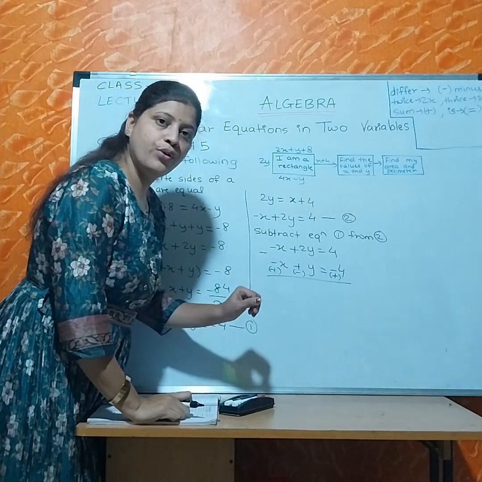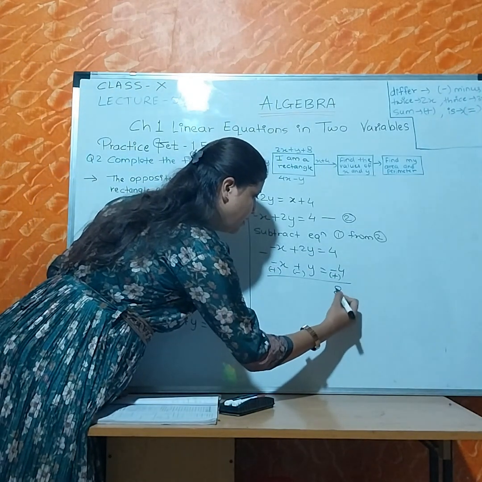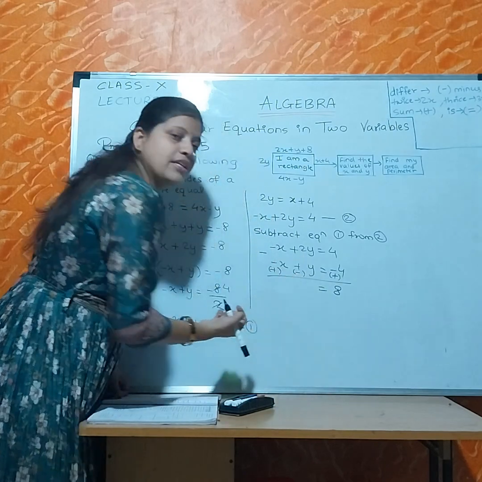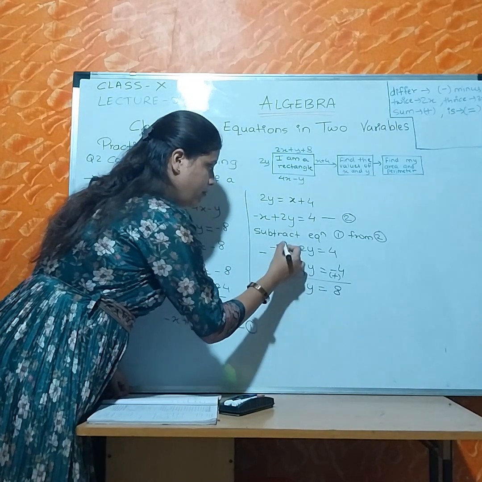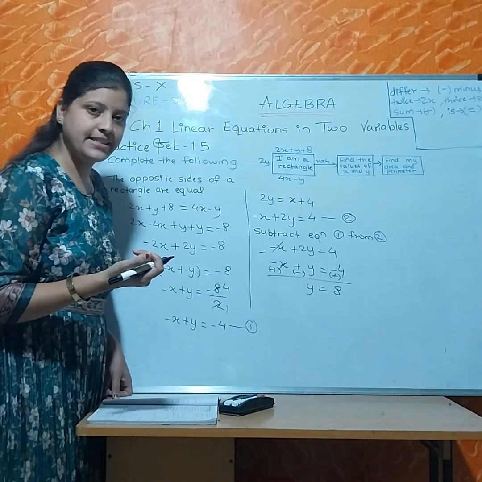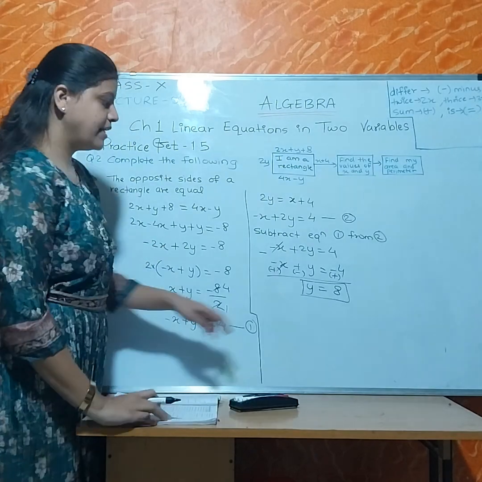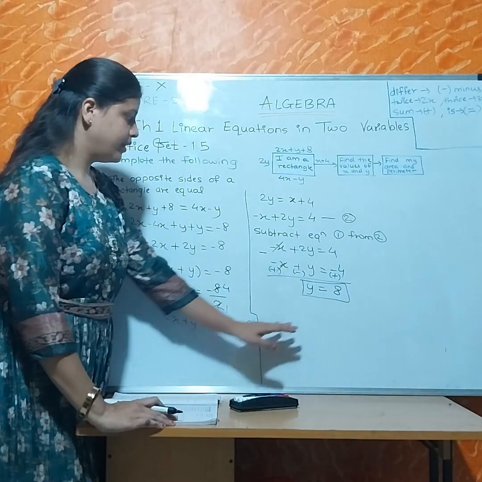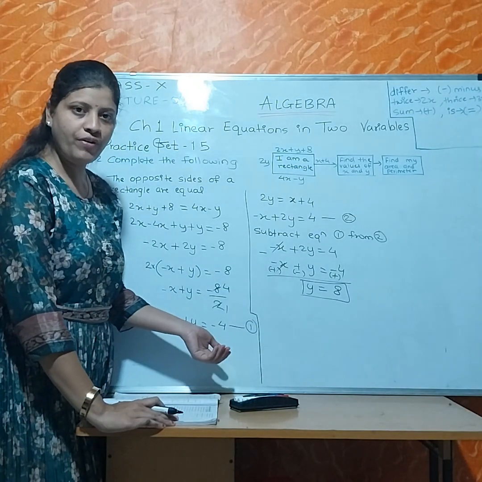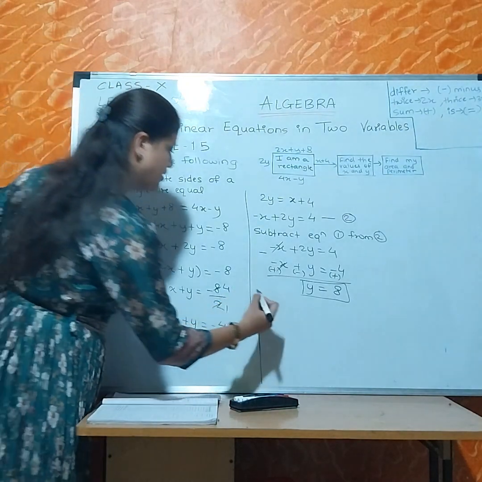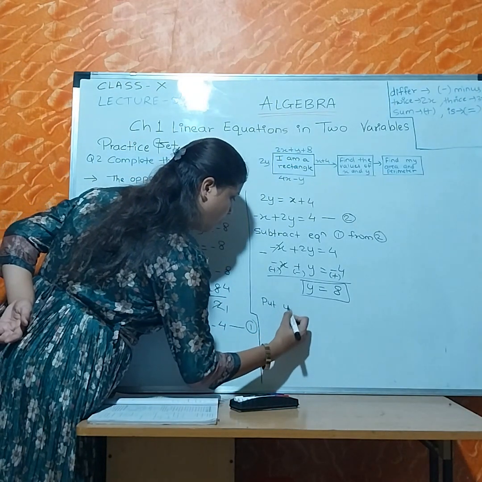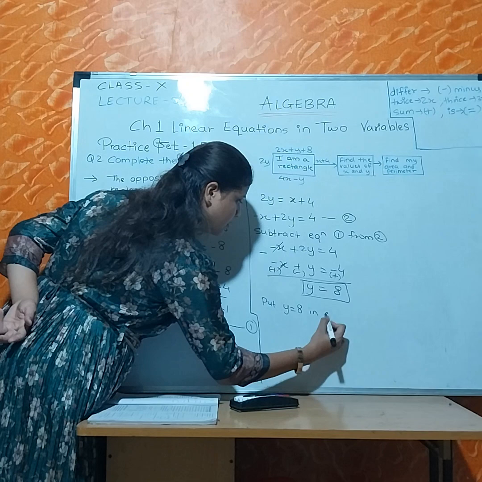So 4 plus 4 is 8. 2y minus y. Minus x plus x gets cancelled. Understood everyone? So y is equal to 8. With the help of y we can find the value of x. How to find the value of x? Put y is equal to 8 in